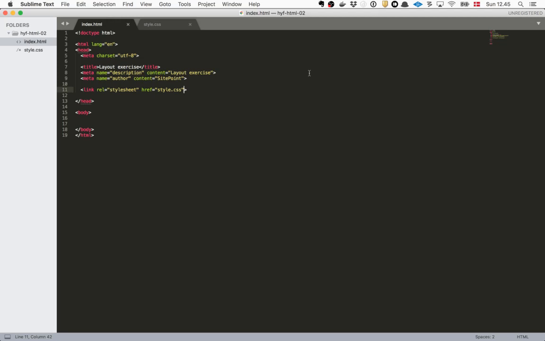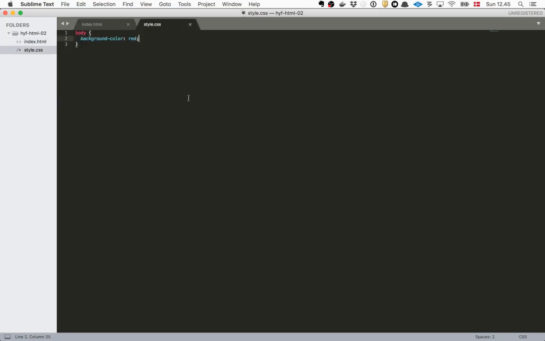Does your CSS look like this? And now we need another one called style.css. Yes. So if I was too fast when I showed you how to test, this is what it looks like, just to make sure that the background is red. So if you copy paste what you wrote in the file before, then you're good to go.